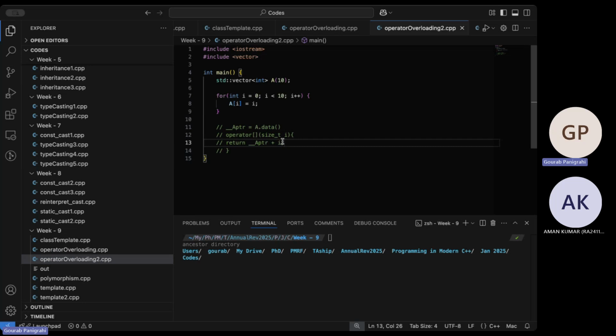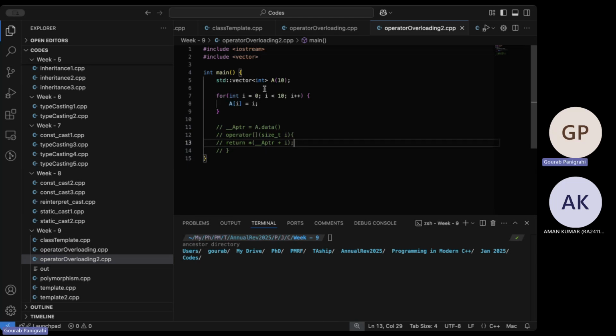Yes, we add I to it. I is an integer, yes, but it usually accepts size_t, so that it can handle the largest number possible. Then it adds that to the pointer, then we just dereference it and return that.